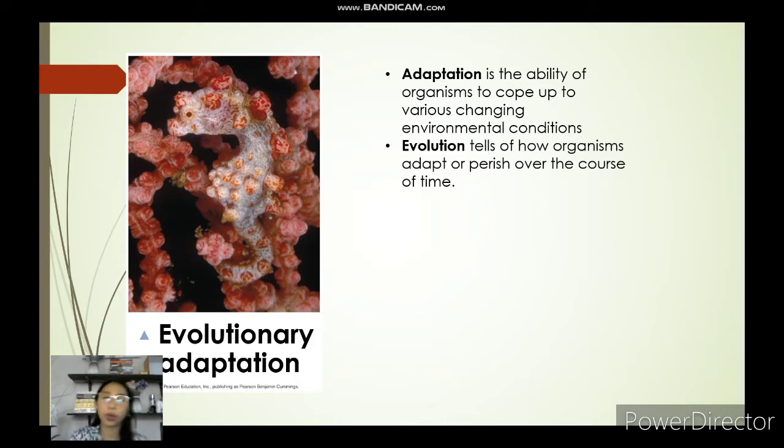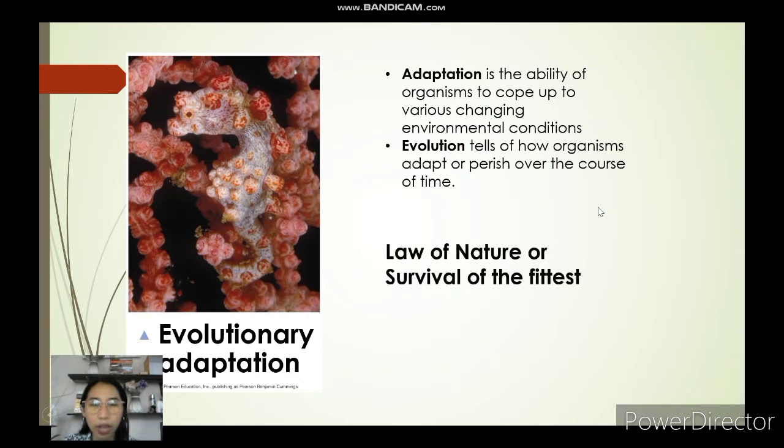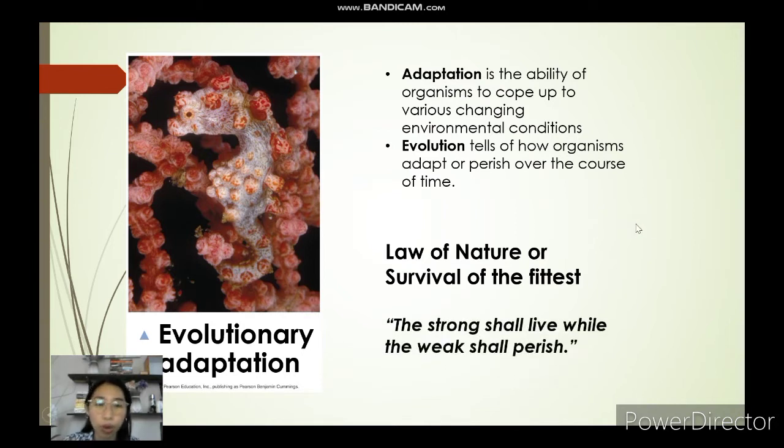Okay, so this evolutionary adaptation in organisms always involves the law of nature, or what we call the survival of the fittest, where it states that the strong shall live while the weak shall perish. This is commonly heard before, the strong shall live while the weak shall perish. Well, actually the strong shall live, or the more adapted, the more